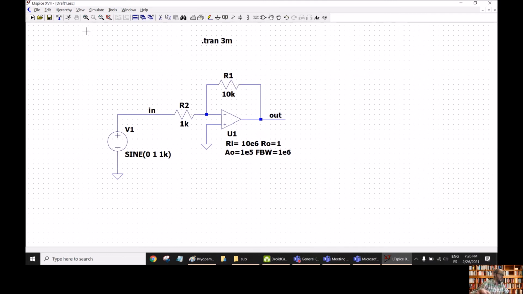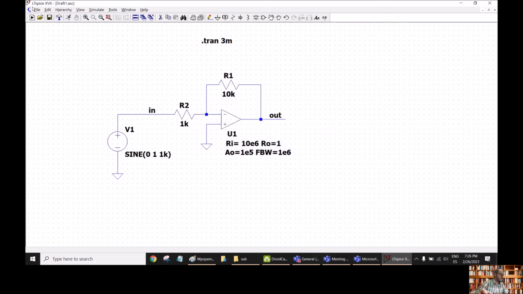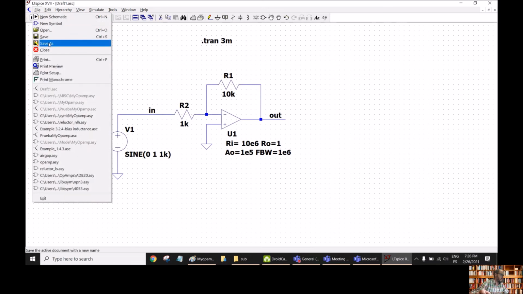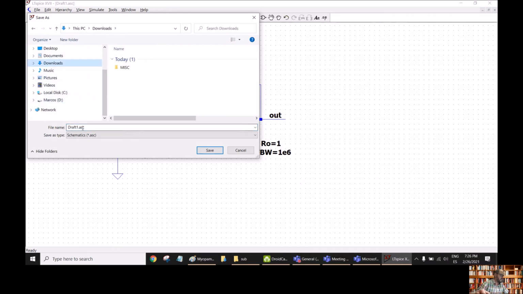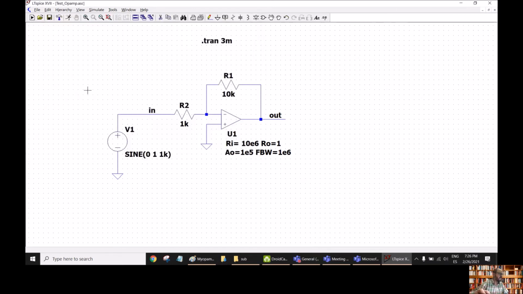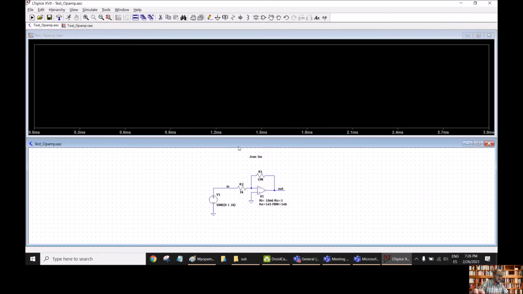So right now, we only have to run and see if everything is okay. Okay, so we have one problem here. Is there trouble writing this document? Okay, so we need, sorry, to save our document in a place that we can write, for example, in downloads, and say our test op amp. Okay. So I think that now everything is okay, so we can run, and this will be